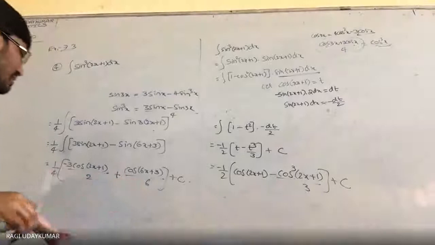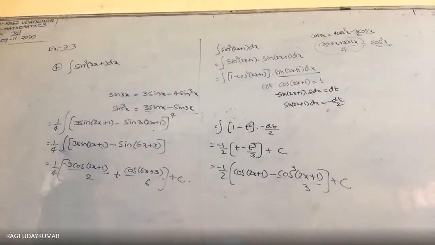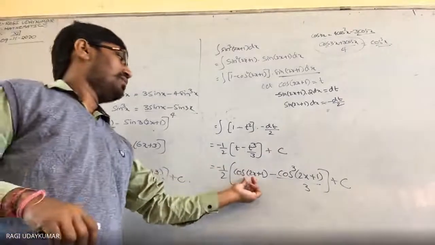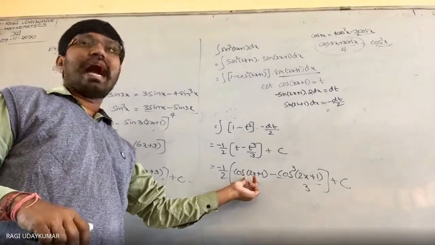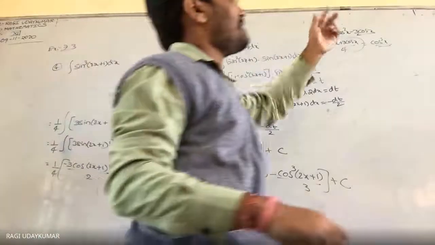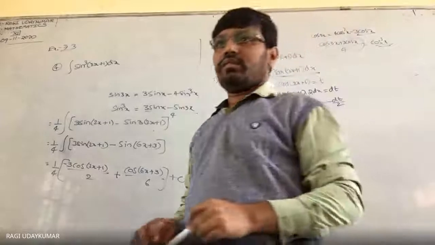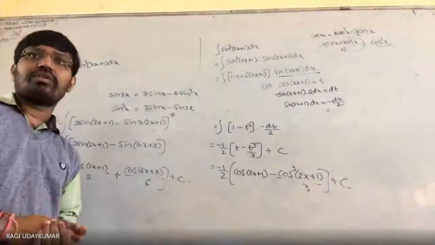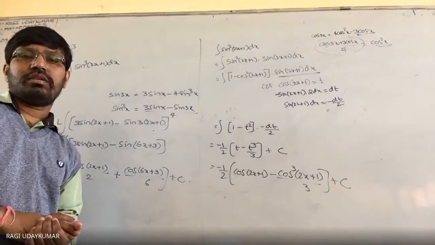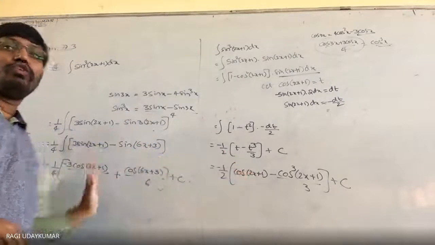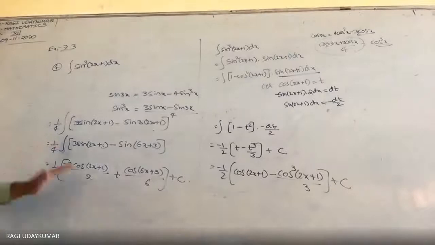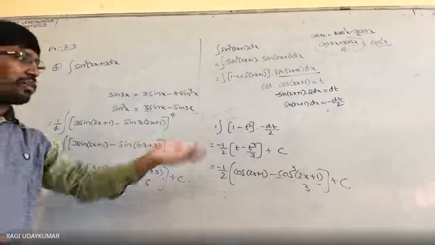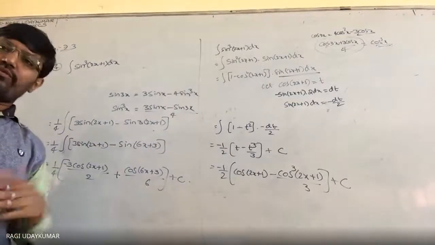Constant में नहीं है, same आ जाएगा आपको. And here you are having a cos 2x plus 1. उसमें भी आ जाएगा cos 2x plus 1. Change करना, that you have to do it. वो वर्कआउट करना है आप लोग. Substitution method में using identity. Using identity it is easy. Substitution method देखो, both are easy only. If you get, sir, you may get doubt.